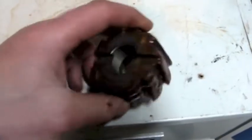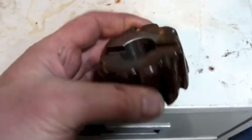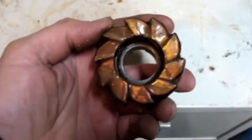Then there was this cutter right here, brand new. It's still got that coating on it. That looks like it's got the slots on it. It might fit one of those holders. That's a pretty big cutter right there. And then if that's not big enough,